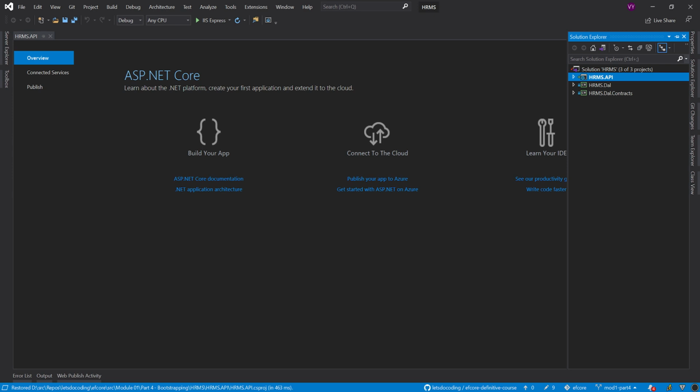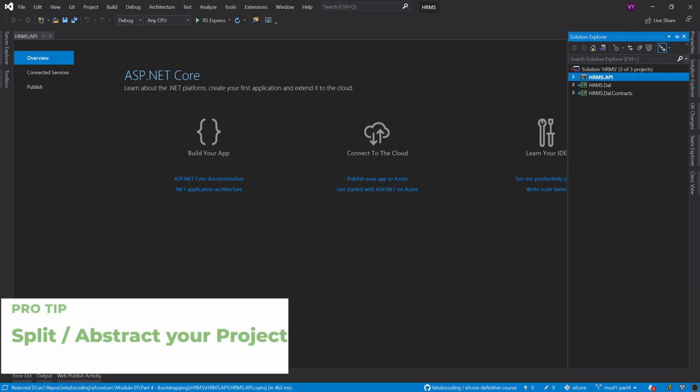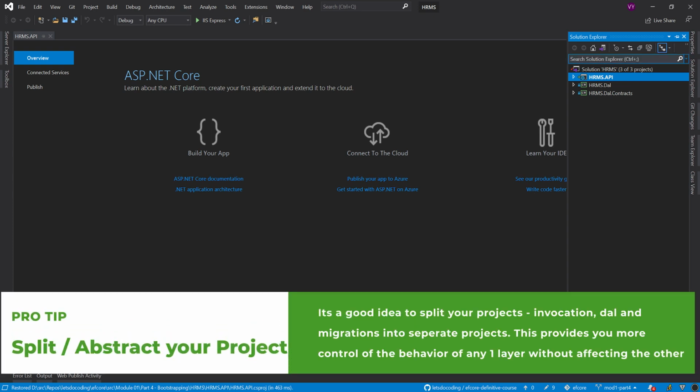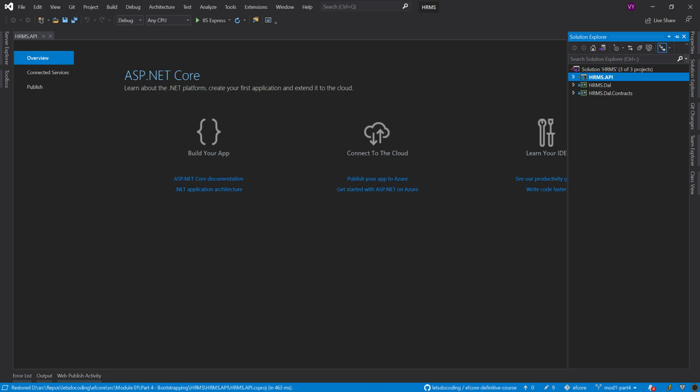Now, one more thing that we quickly need to do is to have a new project that is specifically for the migrations. And the reason for having that as a separate project and not having those in the DAL is because the migrations that we generate, we are going to see that in the next video. But just a quick intro, the migrations that we generate are database specific.